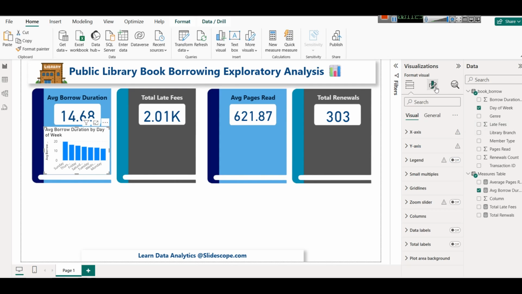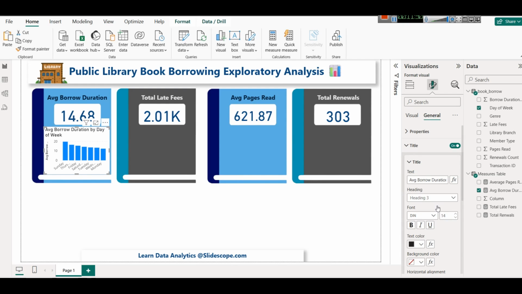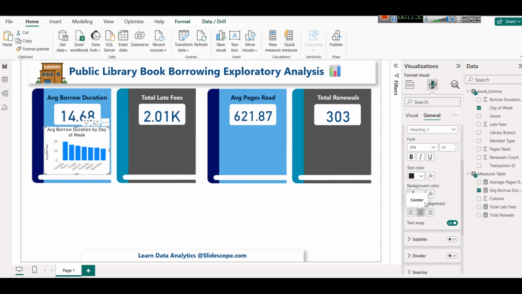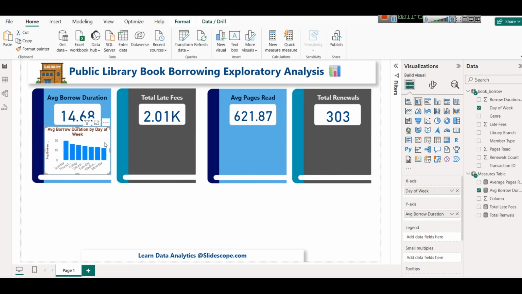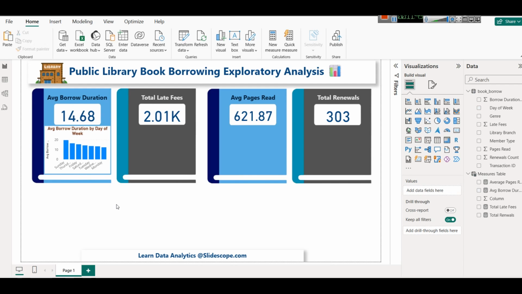of week. One thing that we can do while clicking on this chart, I will go to the title, I will align it in center. If you want, you can reduce the size if needed, and for the title I can select a different color. We can make it bold as well. So, and now I can adjust accordingly. So it will look like some kind of book cover, and this is average borrow duration, which says that